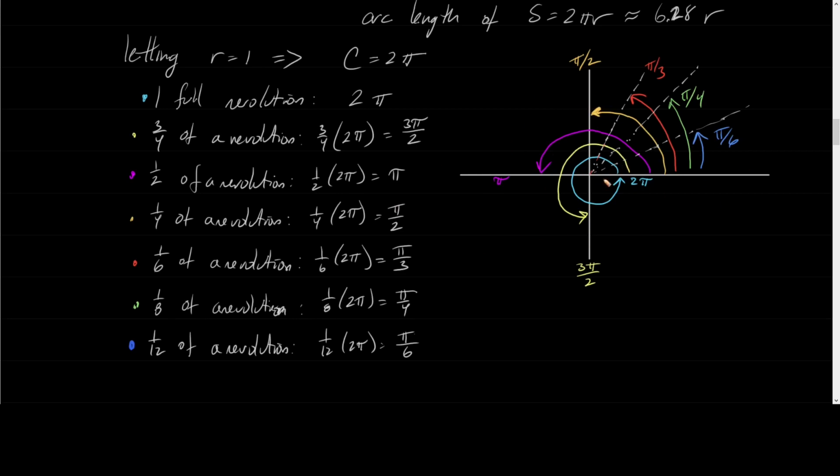Notice also that a full revolution is technically equivalent to saying no revolution, right? So if I'm facing this way, straight to the right, and I do one full revolution, I'm still going to be facing the same direction. So those are technically coterminal angles. All right, now,